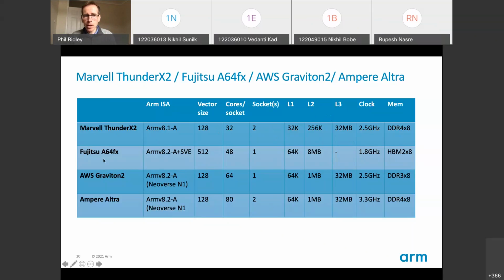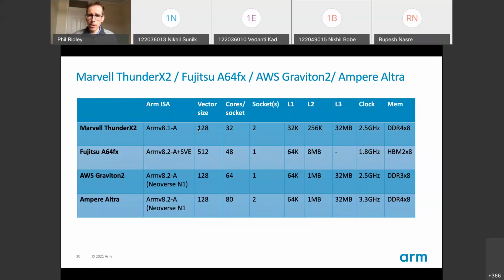You'll notice that only the Fujitsu A64FX has the SVE extension, scalable vector extension, with the 512-bit size vector registers. As you noted on previous slides with the Neoverse roadmap,